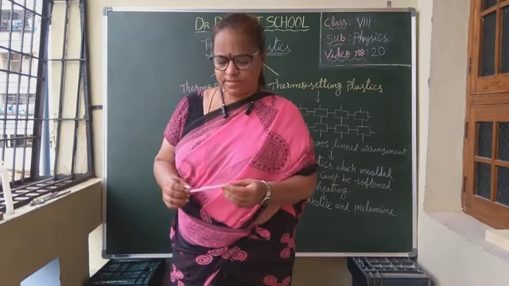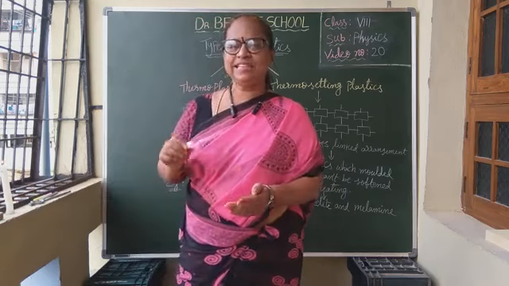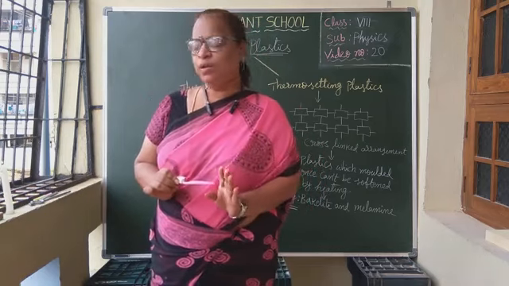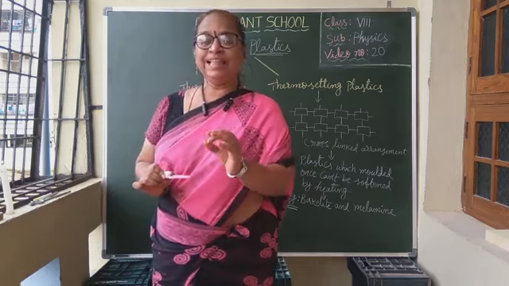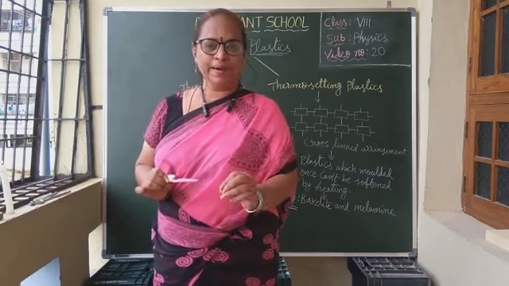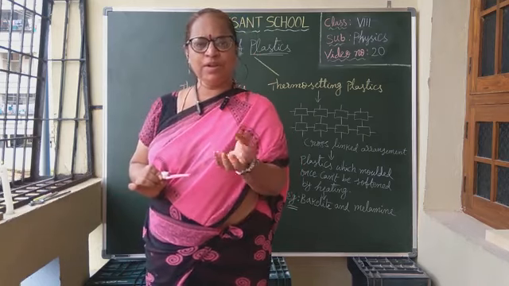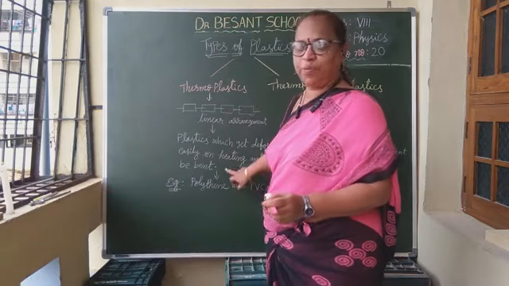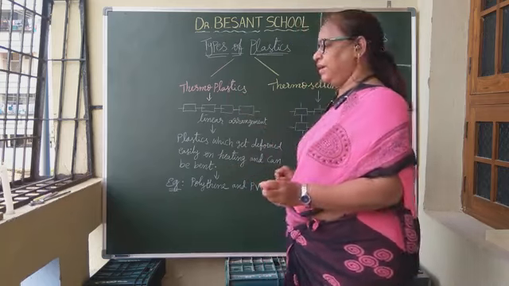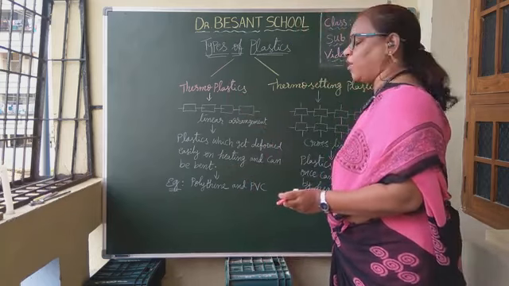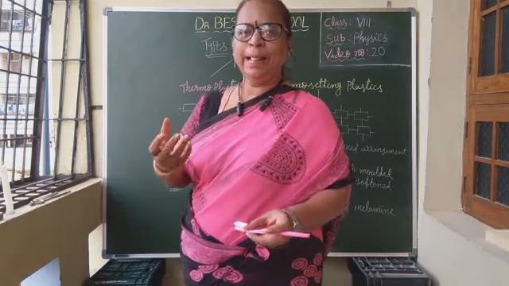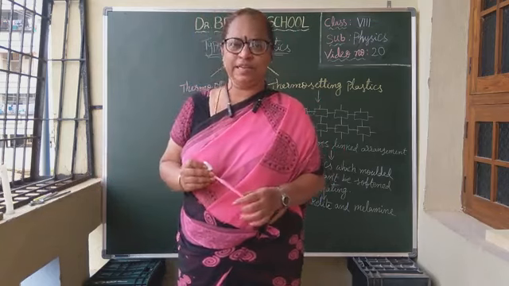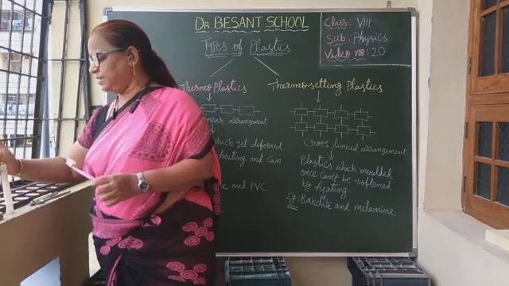Now what we shall do is heat each type of plastic material. What we should observe is whether they will melt or they will burn and form ash. If they get melted and softened, then what type of plastic is it? That is thermoplastic. If they will not melt, will not get soft, but will burn and form ash, then it is thermosetting plastic. So this activity is to check what type of plastic it is. Okay, so shall we burn and see now?